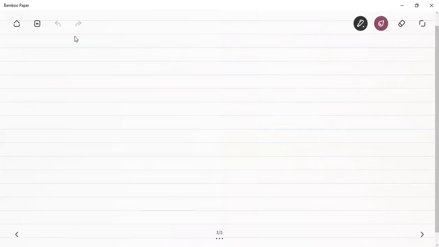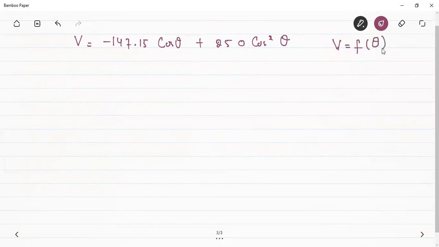It's equal to minus 147.15 cos theta plus 250 cos square theta. Okay, so our goal was to represent the potential energy as a function of single independent coordinate,